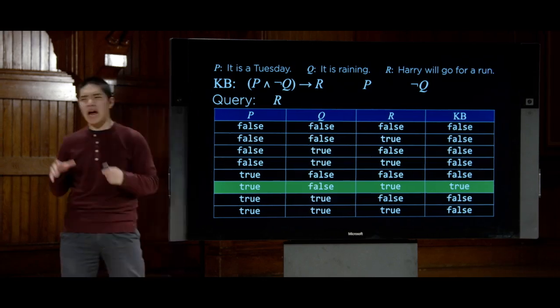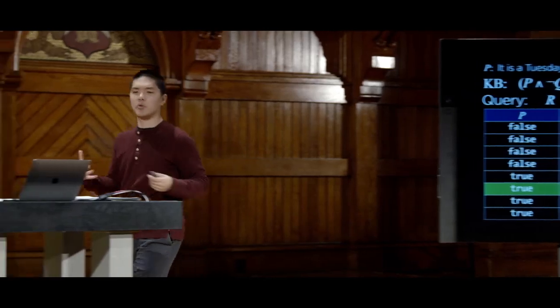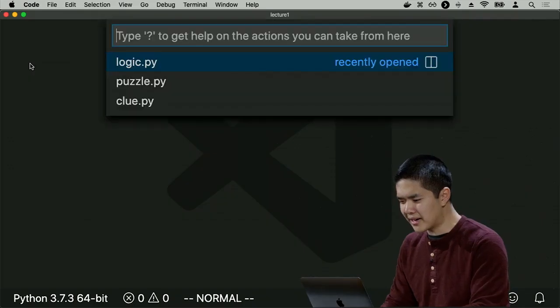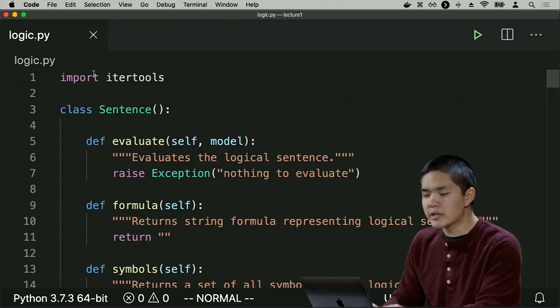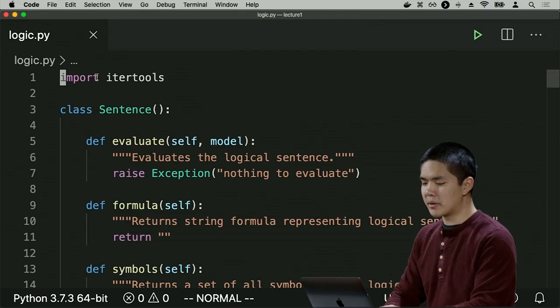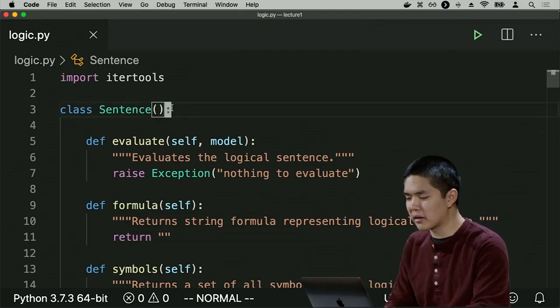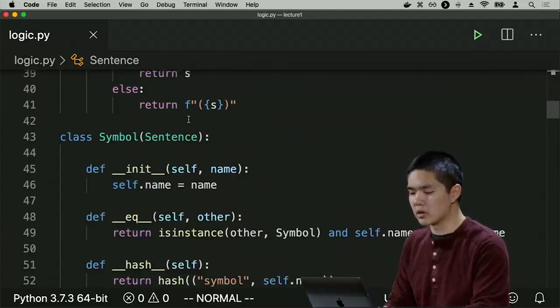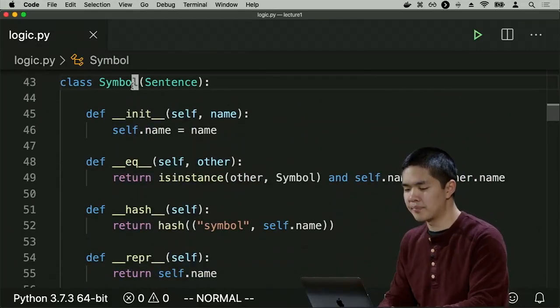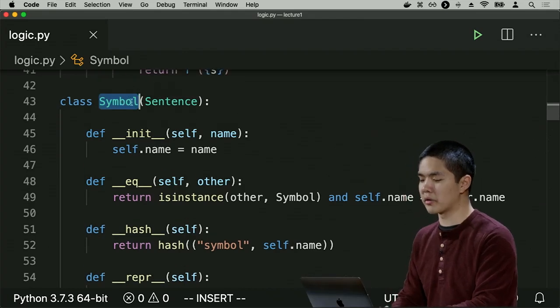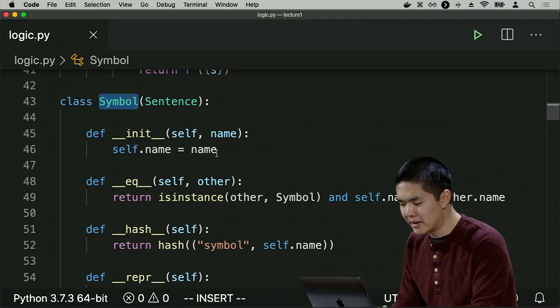So let's now take a look at how we might actually go about writing this in a programming language like Python. Take a look at some actual code that would encode this notion of propositional symbols and logic and these connectives like and, or, and not, and implication and so forth, and see what that code might actually look like. So I've written in advance a logic library that's more detailed than we need to worry about entirely today. But the important thing is that we have one class for every type of logical symbol or connective that we might have. So we just have one class for logical symbols, for example,